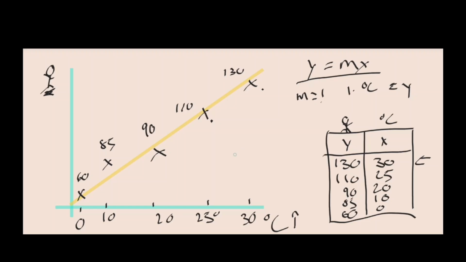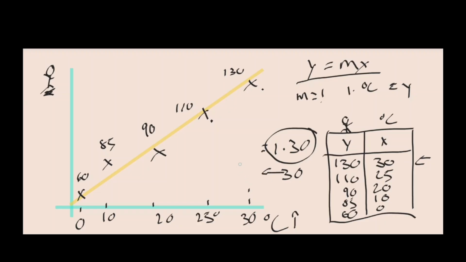If M equals 1, then 1 times 30 should give us the right number of people. And clearly, we see here that 30, which is the value we have for temperature,